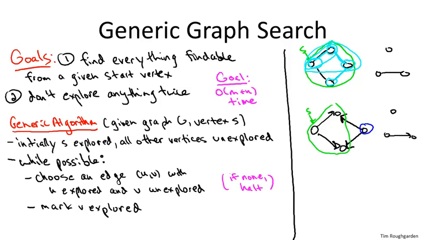So at this level of generality, I just want to focus on the first point, that any way you instantiate the search algorithm, it's going to find everything findable. So what do I really mean by that? The formal claim is that at the termination of this algorithm, the nodes that we've marked explored are precisely the ones that can be reached via a path from S. That's the sense in which the algorithm explores everything that could potentially be findable from the starting point S.